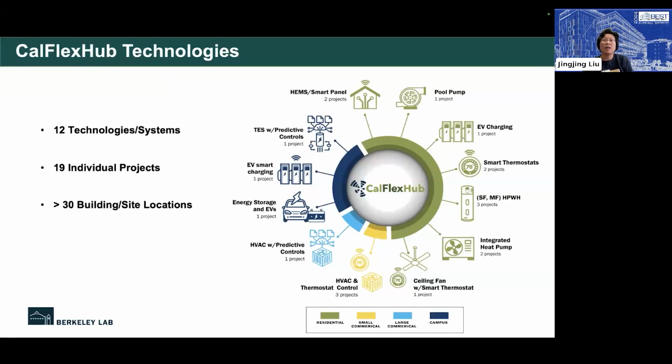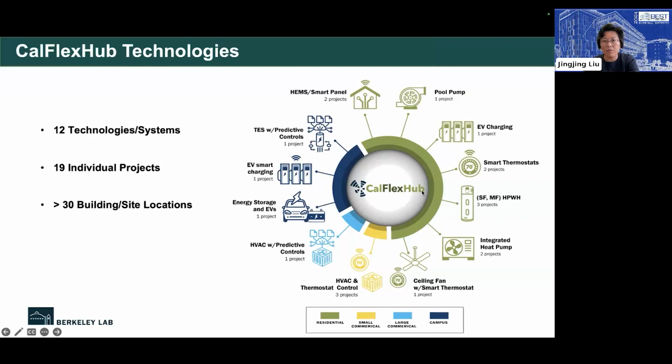And here's the technology portfolio in CalFlex Hub. We have nearly 20 projects, and this portfolio is still being updated and growing a little bit. It covers multiple sectors from residential to commercial and large campus. And so